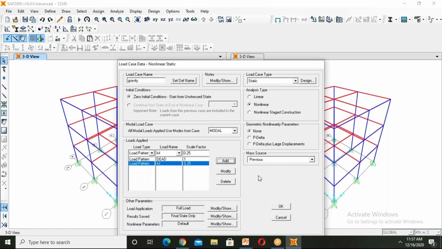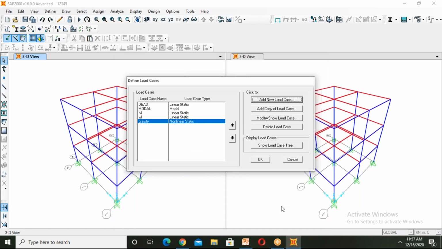After all this, the load application should be full load. Results saved at final state only. Nonlinear parameters are default. Okay, click on OK. Here a gravity load case has been defined as nonlinear static.